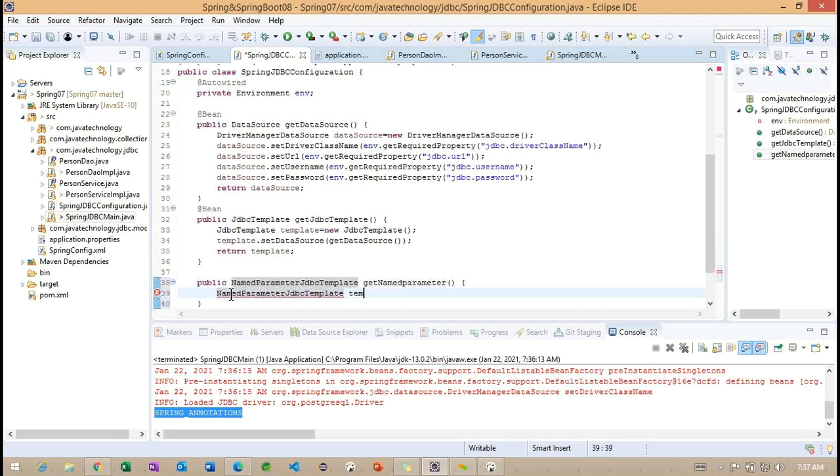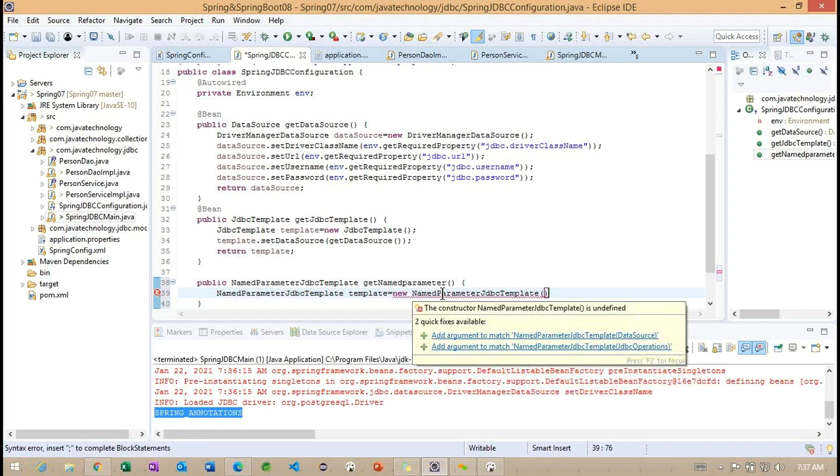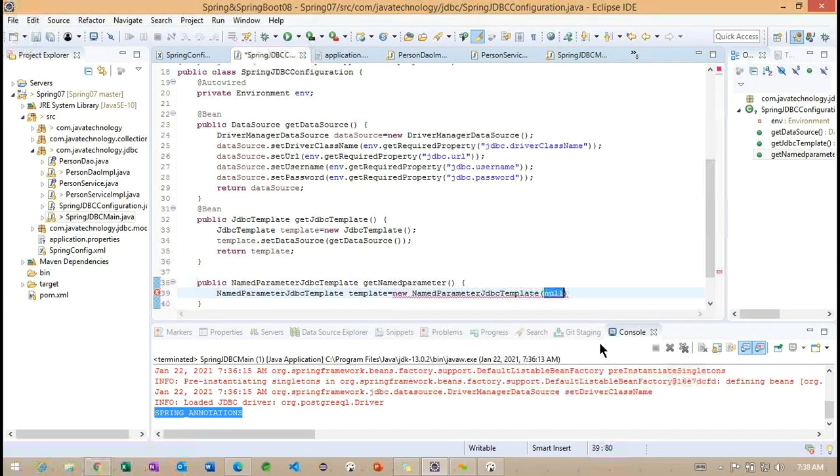It is also a class. Now this NamedParameterJdbcTemplate does not have a default constructor. It has parameterized constructors: one takes a data source, another one takes a JDBC operations. So we'll check with this. Call it like this. So simply we return the template.